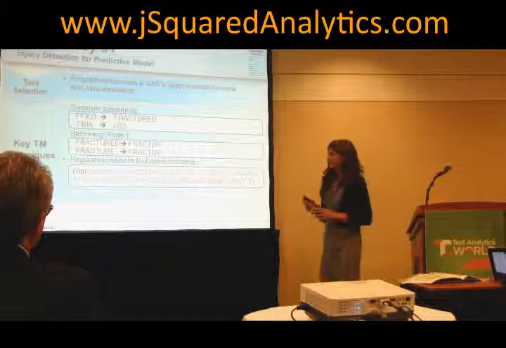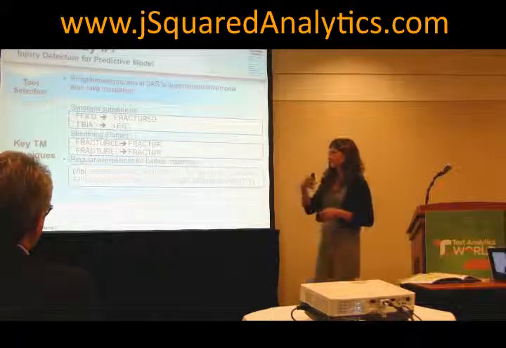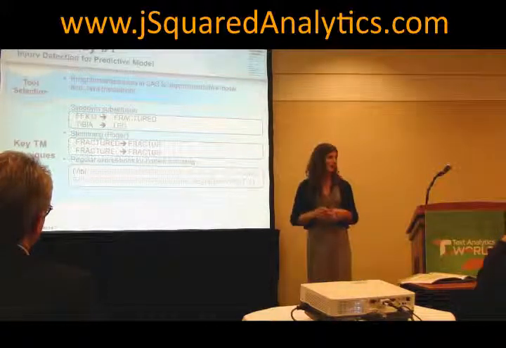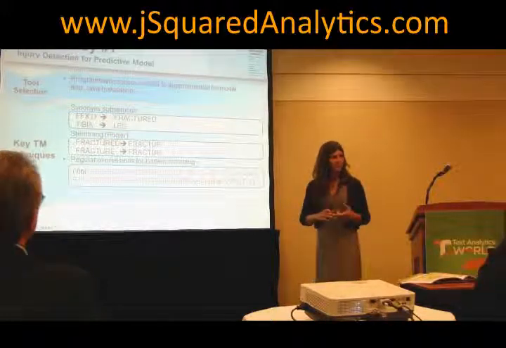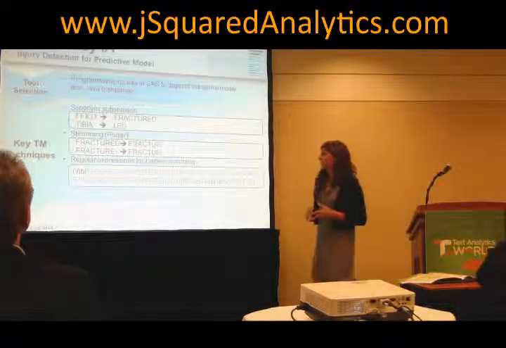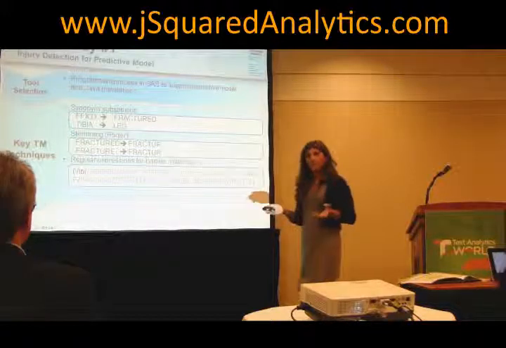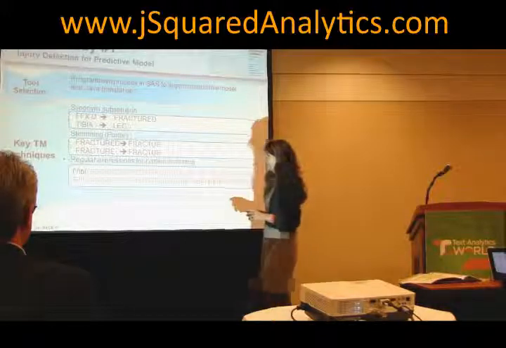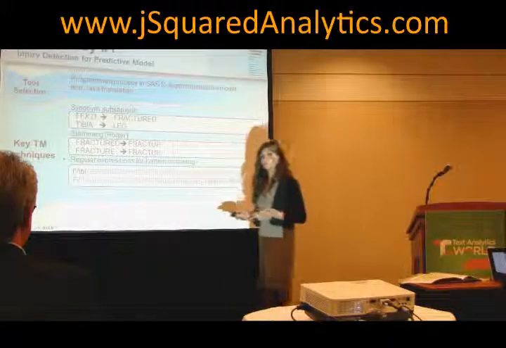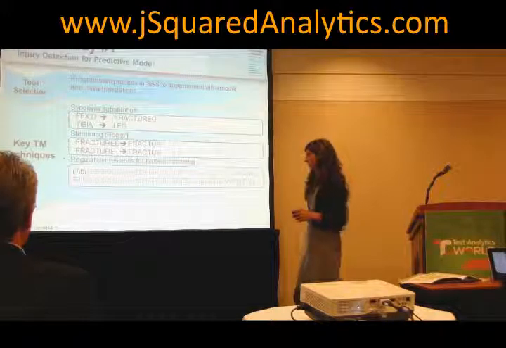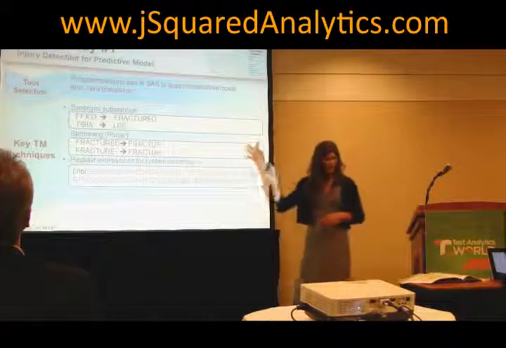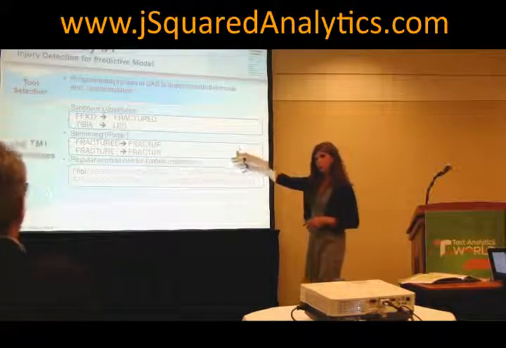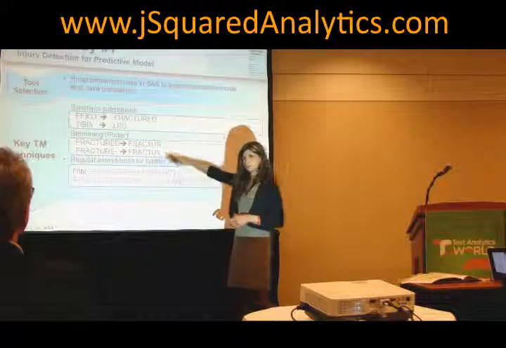Some of the key text mining techniques that we had to apply to this: synonym substitution was really important. I think it's come up many times, but the data is very messy. Lots of acronyms, lots of misspellings, lots of abbreviations. So we needed to make sure that we took care of all of that, standardized and normalized the data, so that instead of FFXD, we actually had what that meant: fracture. We wanted to use some stemming. There's an algorithm from Porter from like 1980 that's written in SAS code, so we borrowed that to do our stemming so that we could get our verb tenses normalized.